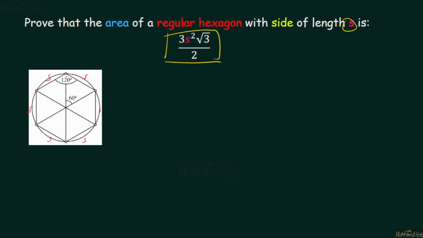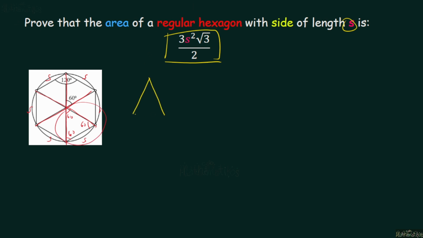So if we're going to divide that hexagon by drawing a diagonal, this will give us an equilateral triangle. We have 60, 60, and 60. So if we're going to redraw this triangle here,